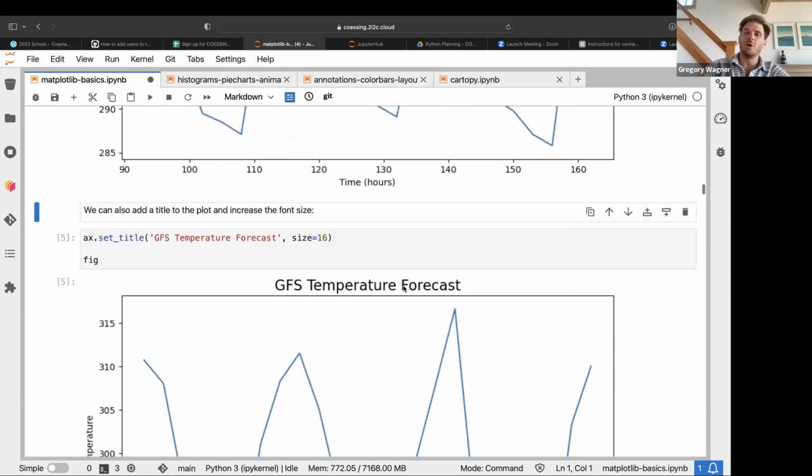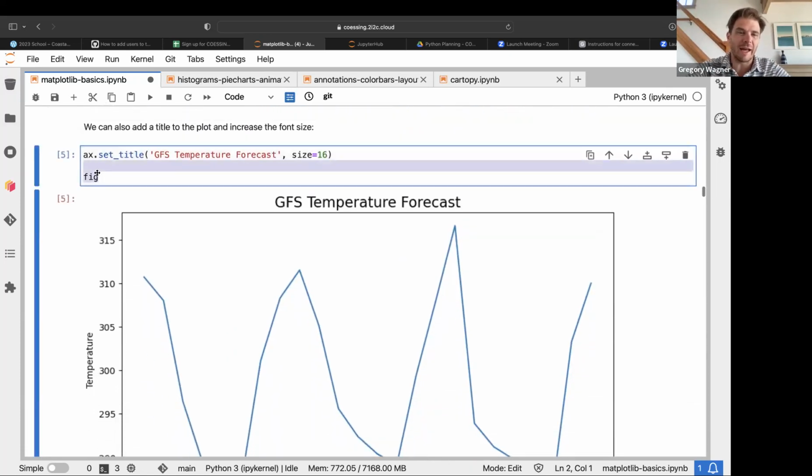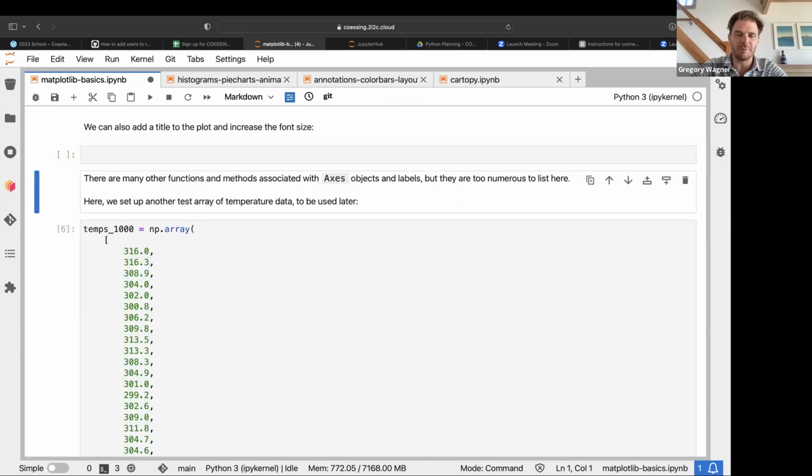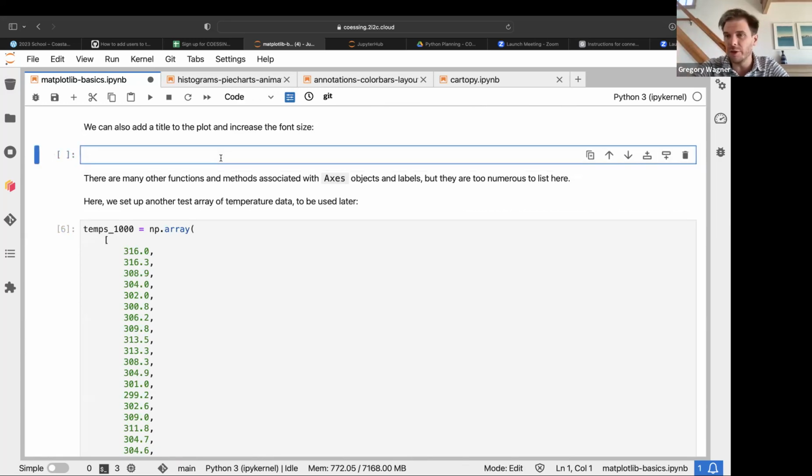Okay, so next up, we're going to add a title, which just says generally what the plot is, the subject of the data. Sometimes you don't need a plot title if the X and Y axes are clear, but it can occasionally be helpful to have a title. So to do that, we use this command